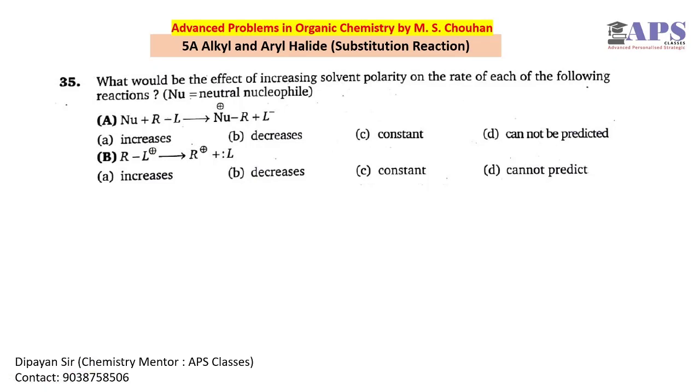Now this is a very interesting question because for this we need transition state theory. See, in the first molecule we have a neutral nucleophile, a neutral alkyl halide, whatever the leaving group is, all the molecules are neutral. But in the transition state, or in the product, we have a charged molecule. So we can give an example like this.